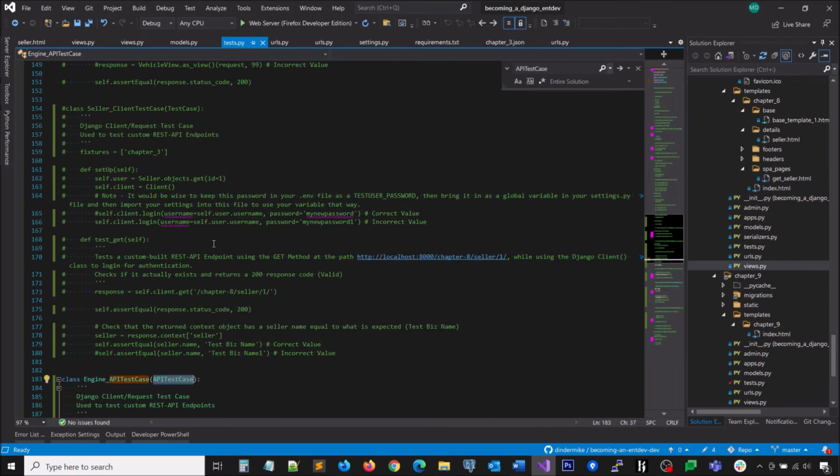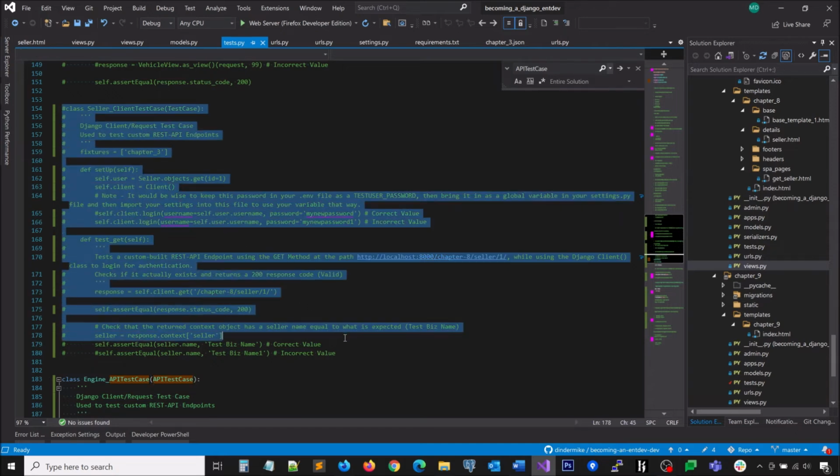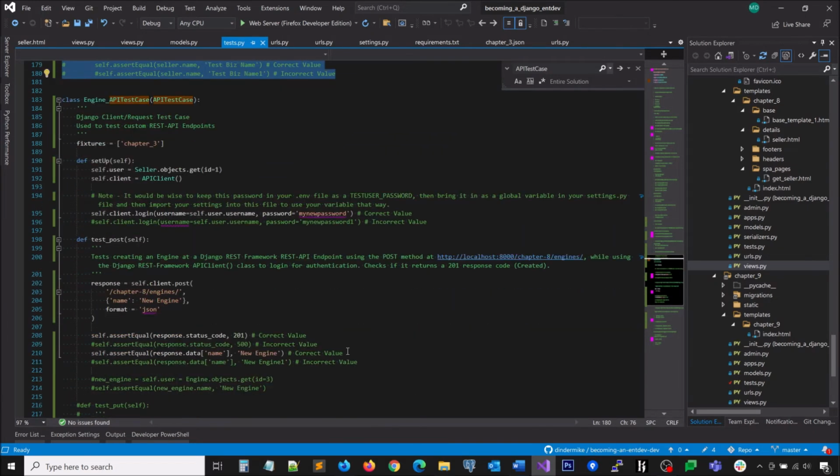Writing this class is going to be pretty similar to how we wrote the last class when we worked on testing authenticated view requests. So it's going to be pretty similar to the seller client test case that you see here, in that we are going to import the chapter 3 fixtures and use that within this test environment. It will include a setup definition, and we'll work with just one test case at this time called test post,